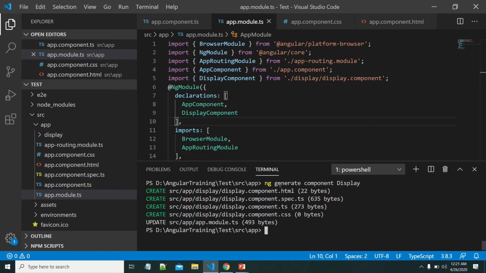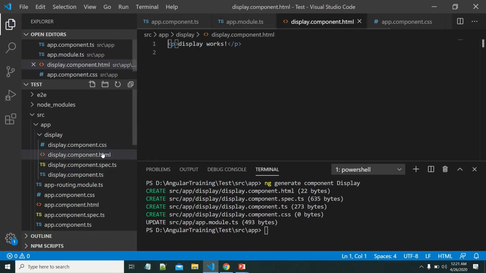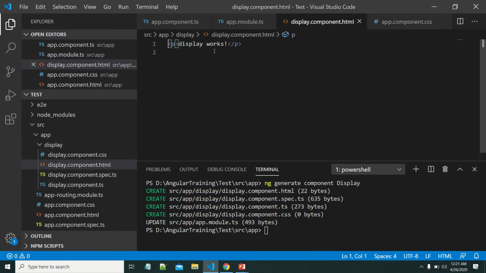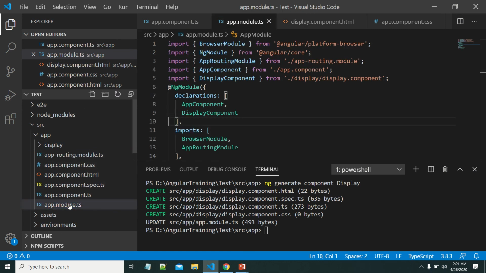We can see that four files have been created. If I open display, here I can see all four files. In the HTML, we need to display some words. This is created, and let us see whether it is added to the app module or not. Yes, we can see that the display component is added to the declarations array.